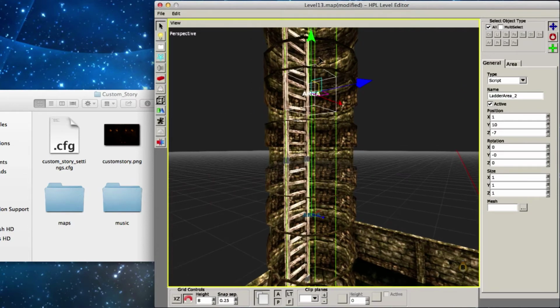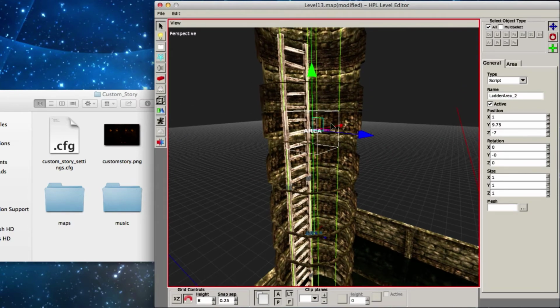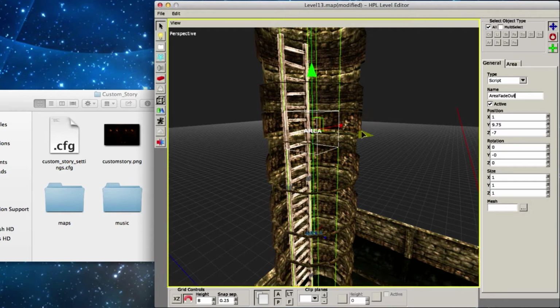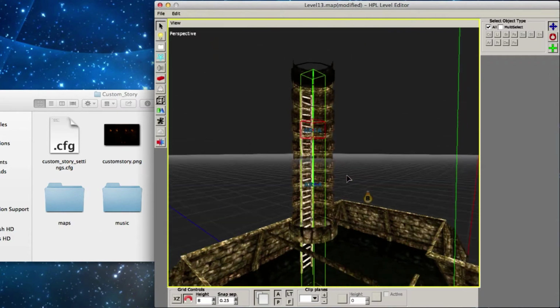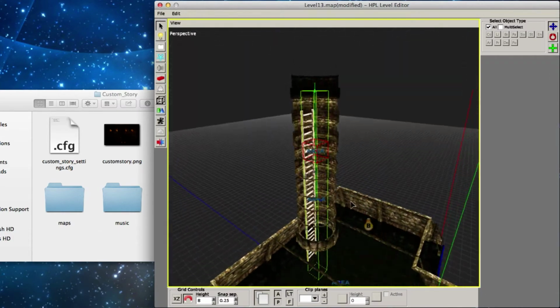So let's say whenever you're colliding with this one, it's going to change the map or whatever. So whatever you want to do, because if this ladder does not lead anywhere, if you want to change the map, then you can do that like that. Right, so I'm just gonna name the area fade out. Press enter, because it's not gonna change the map instantly, it's gonna fade out first. Other than that, that's everything we're gonna have in the map.